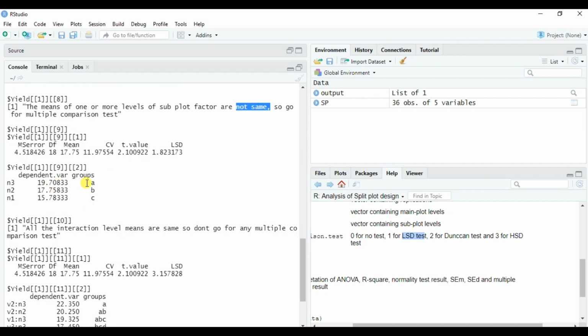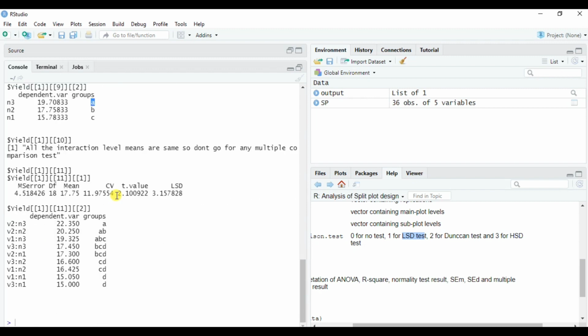So here it has carried out the LSD result, and here the N3, that is 60 kilogram per hectare, gives better result in comparison to N2, that is 30, and N1, that is 0. So that was the interpretation for the subplot.